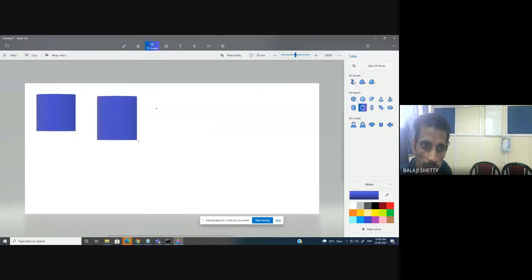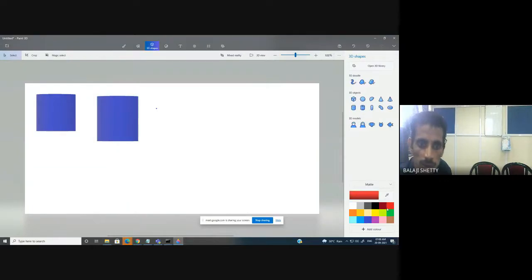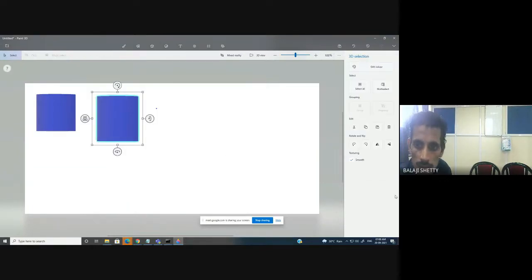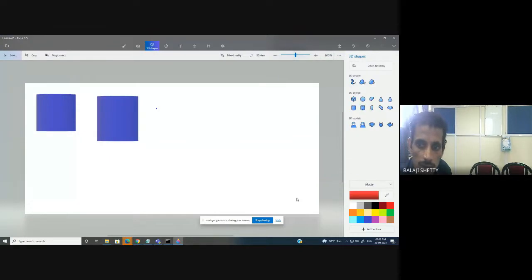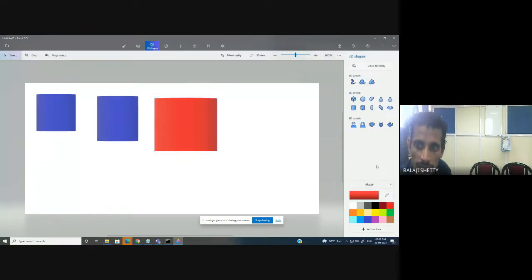This is environment 2. I change the color. I create another environment, environment 3. Then I create another environment, environment 4.